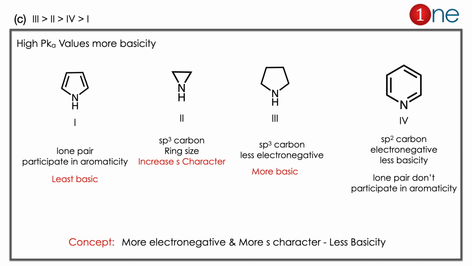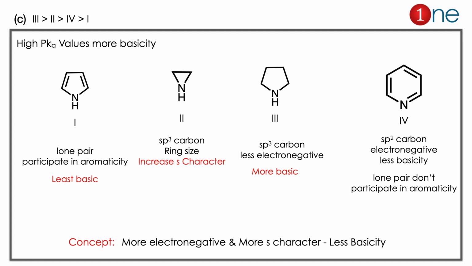And with sp3, you have to see the ring size. Lower ring size means more s character will be there. So it will be like sp hybridization. So it will be more acidic. So you have to look at the simple one, which is the third one. It will be the more basic one, with less alternative hybridization. So the high possibility will be the third one. So if you find the answer, third will be the highest, then will come 2.